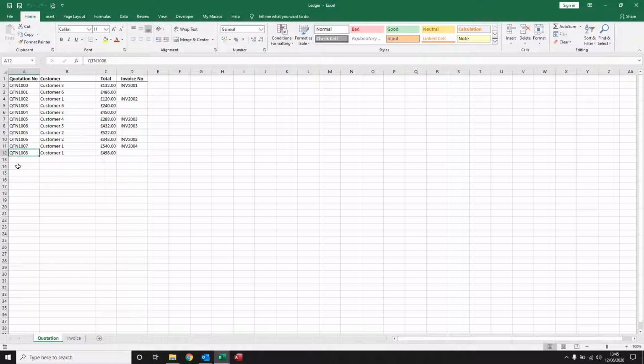It just shows the quotation number, the customer, and the total, but you can have as much detail on here as you want. For example, if you wanted to add the product, you can do that as well. I've just used these three for this example. Now this column here is invoice number. If the quotation is invoiced, then it will give the associated invoice number here,